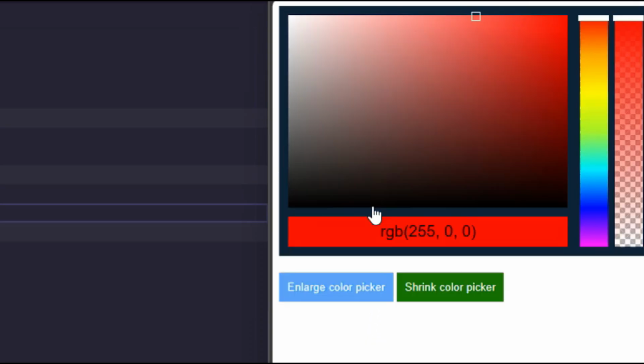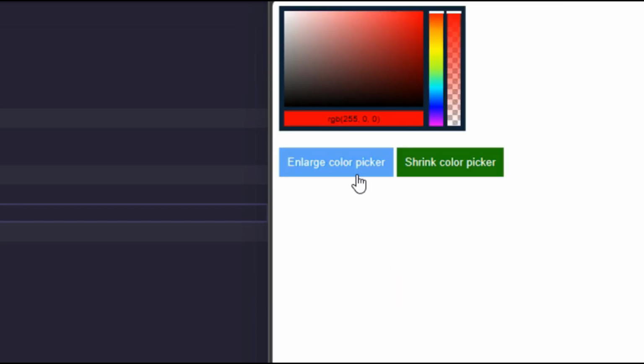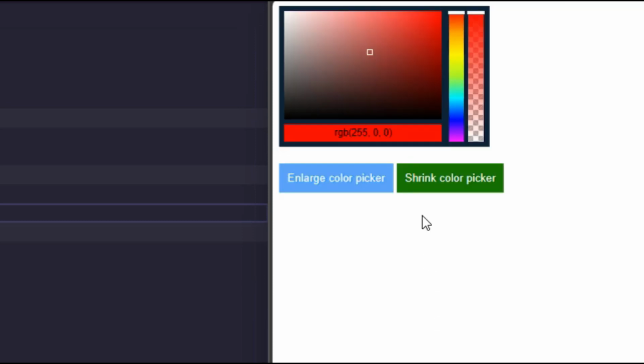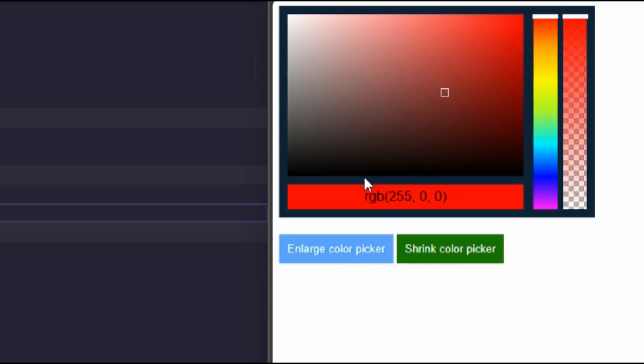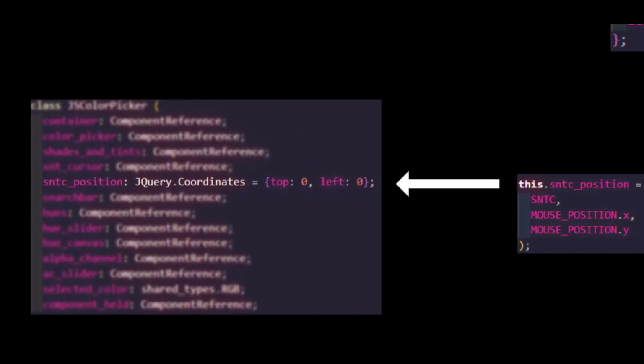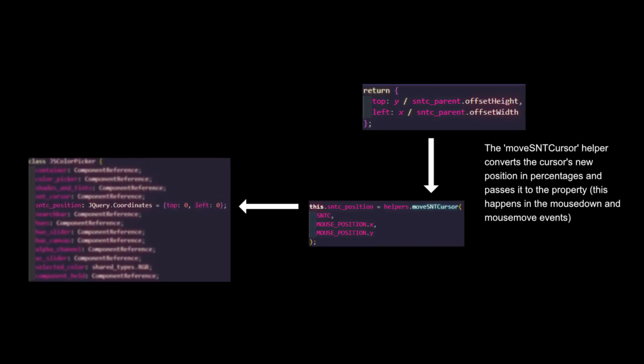There was another problem. Every time the color picker was resized, the cursor didn't stay in the same position. To solve this, I made a class property to keep track of the cursor's current x and y coordinates as a percentage of the chroma component's width and height respectively.